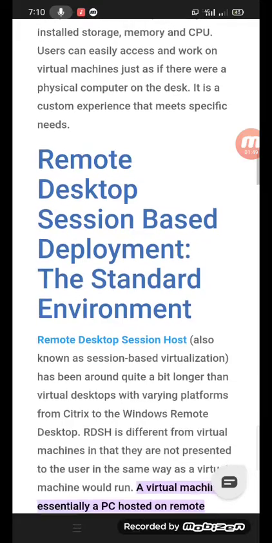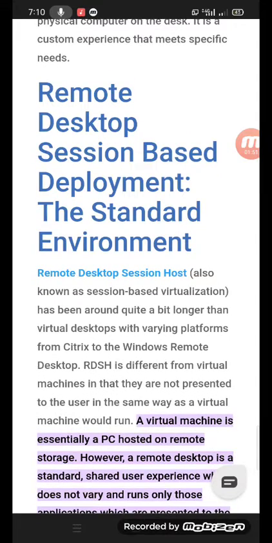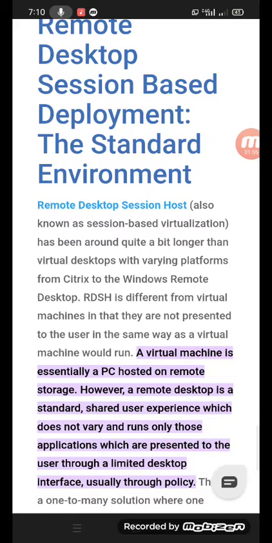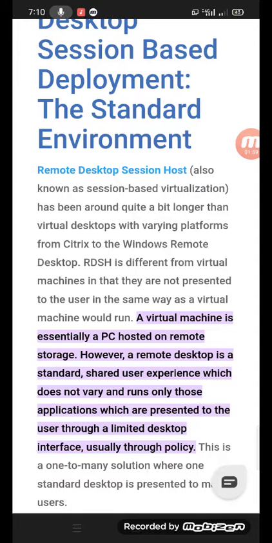A remote desktop session based deployment, the standard environment. Remote desktop session, also known as session based virtualization, has been around quite a bit longer than virtual desktop, with varying platforms from